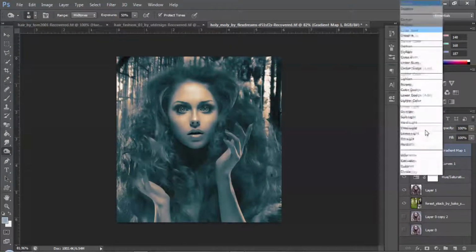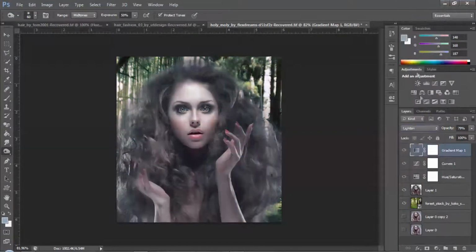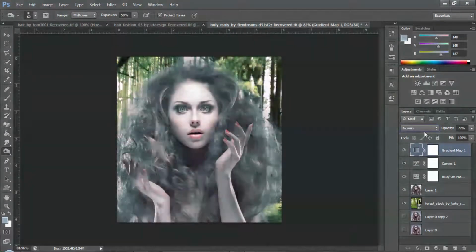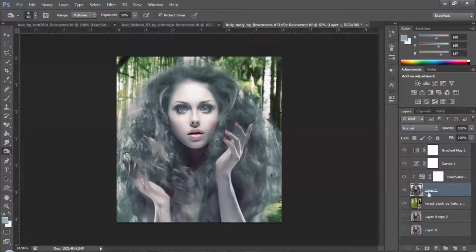I'm selecting the gradient lighter. Yeah, it's exactly working with light and green as well, and with that layer. You can play with other things: her face is a little bit lighter, so you can make it dark with the burn tool like that.